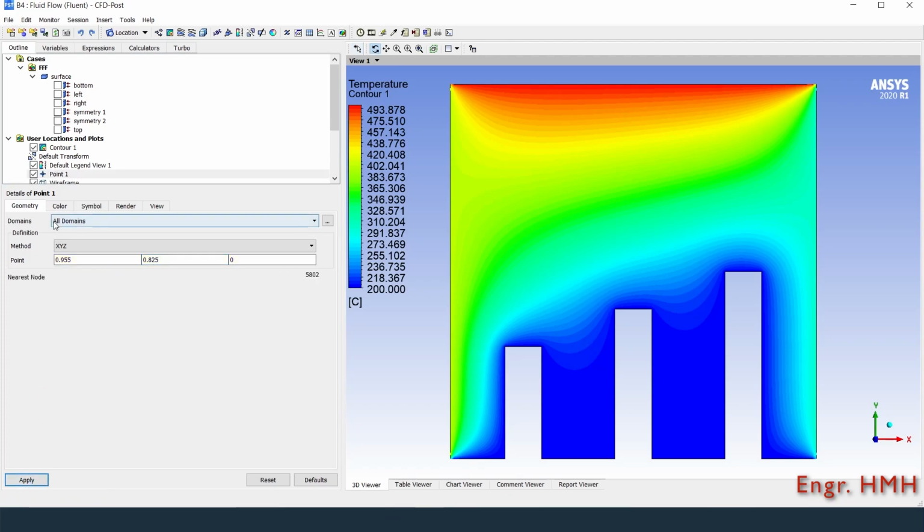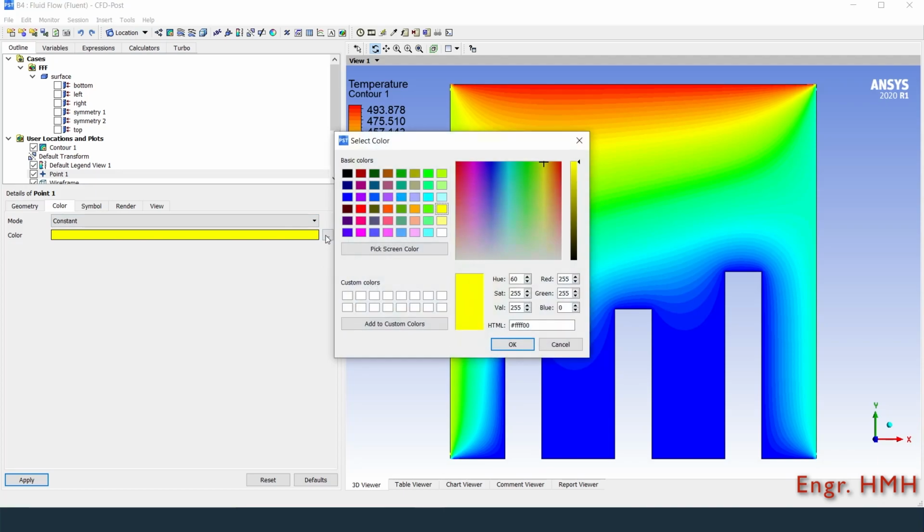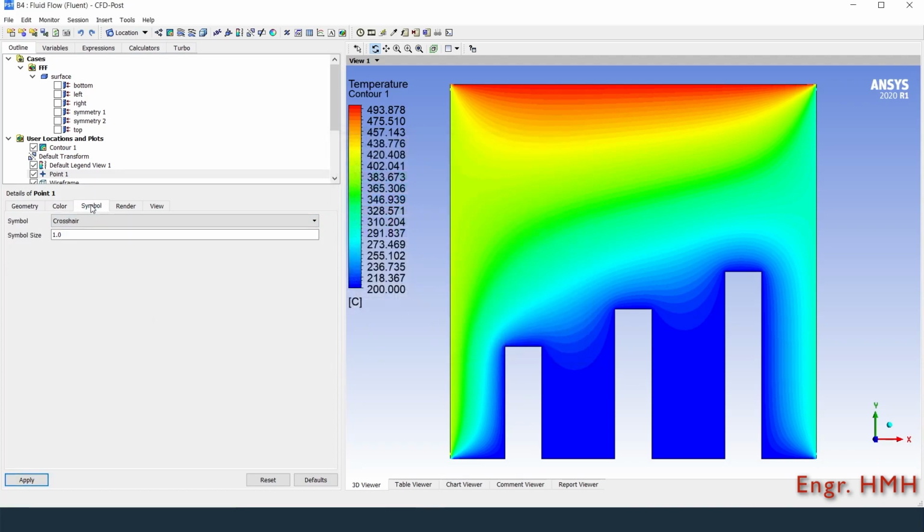Click apply. The point is not visible, so let's change its properties. In the color tab, change the color to black, and in the symbol tab, change the symbol type to ball and size to 0.5.